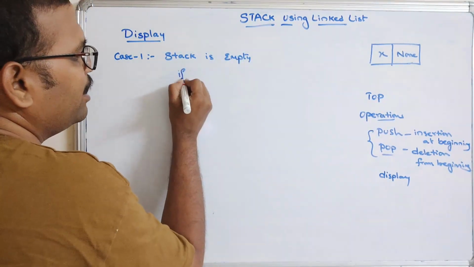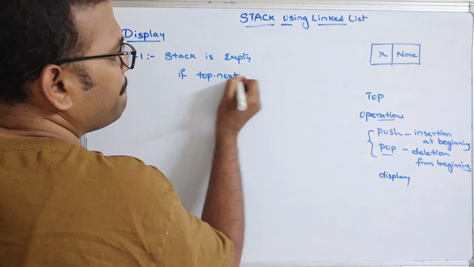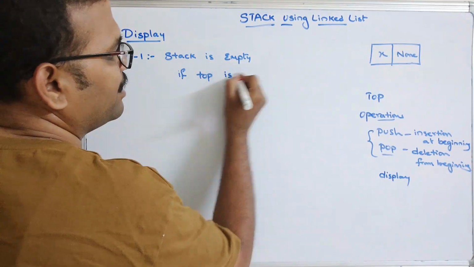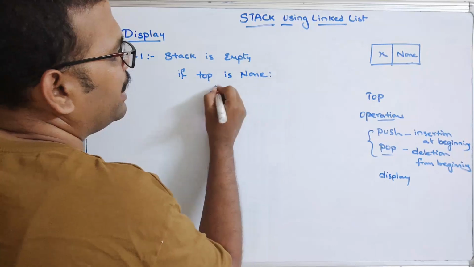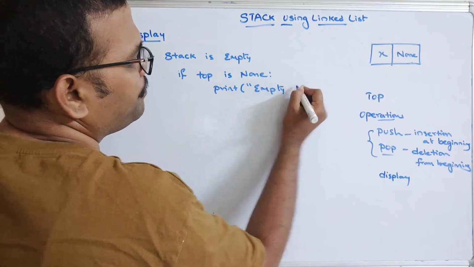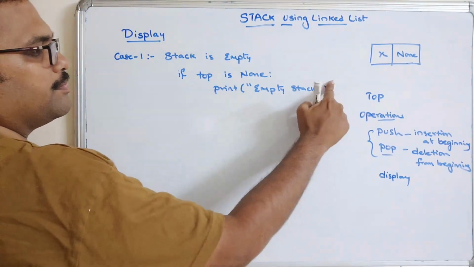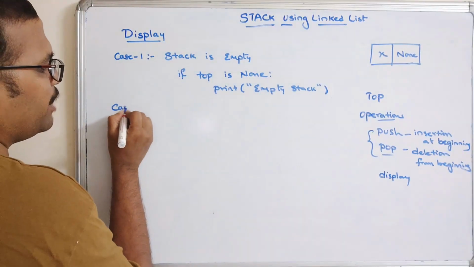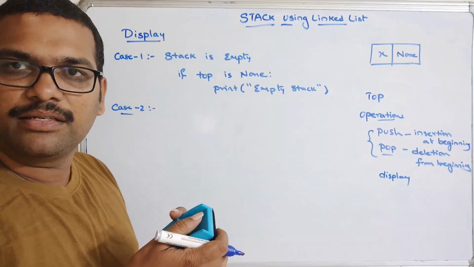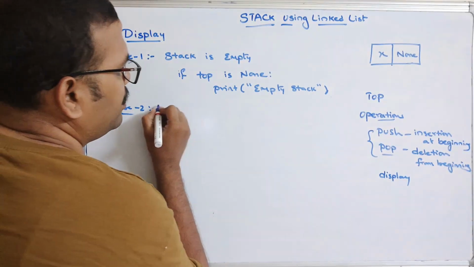So we can say if top is none, that implies empty stack. Otherwise, what we have to do? Otherwise, case 2, that means the stack has more elements, more number of elements. So simply see here,